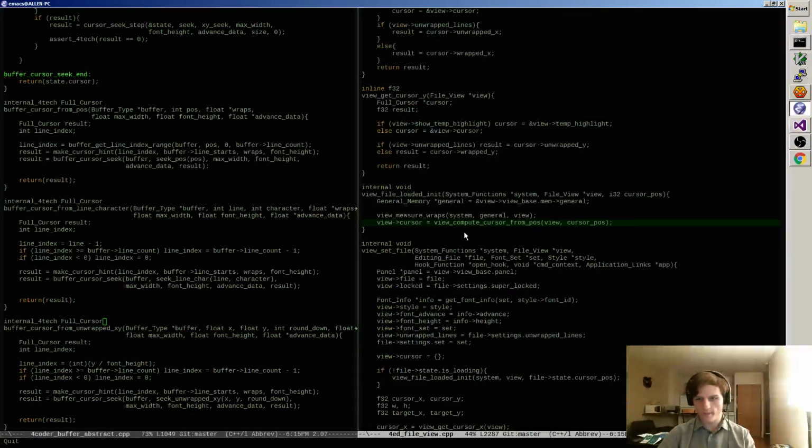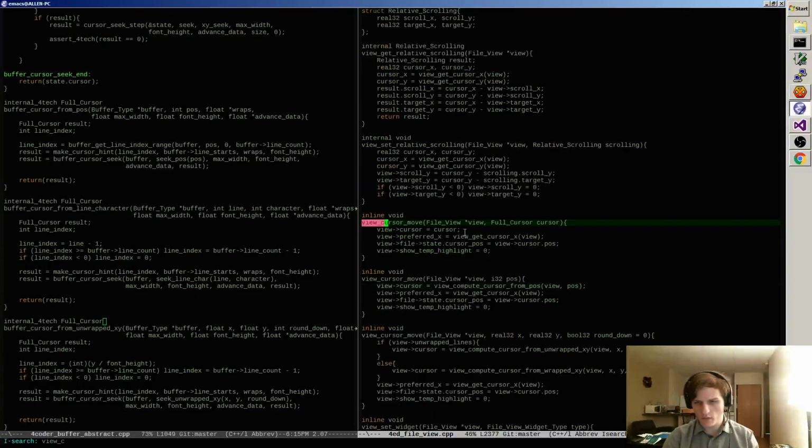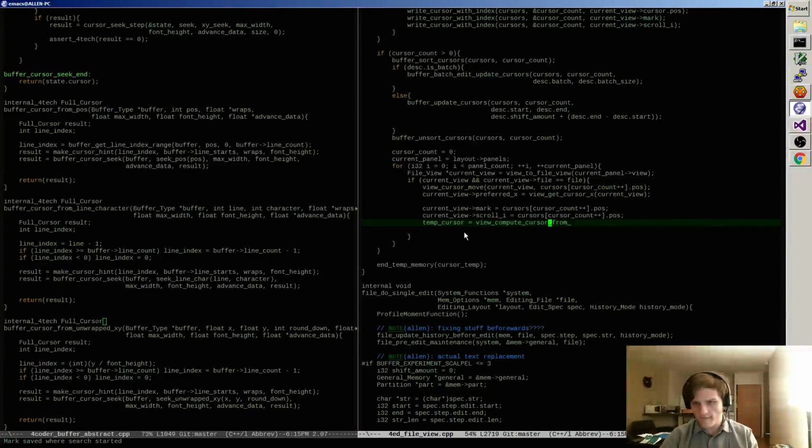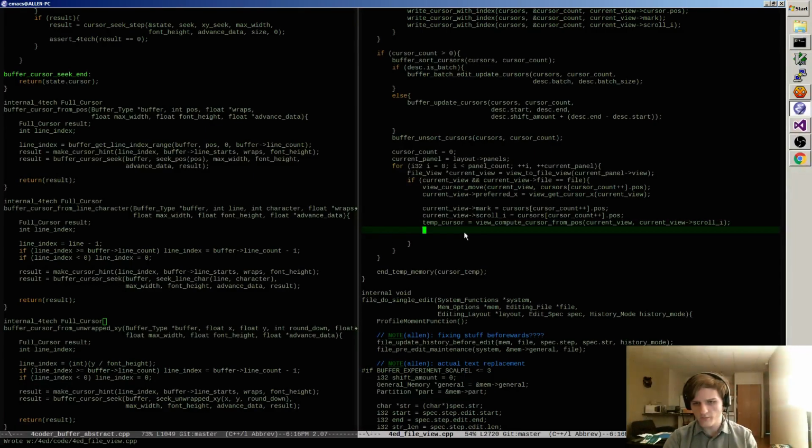Cool. View compute cursor from position using this view and this position. We set the temp cursor, and then the idea is look at current view